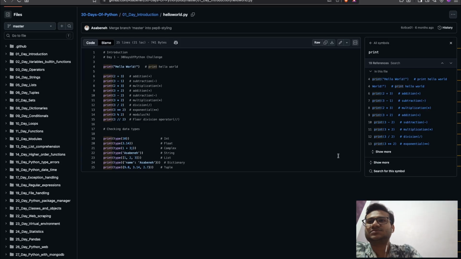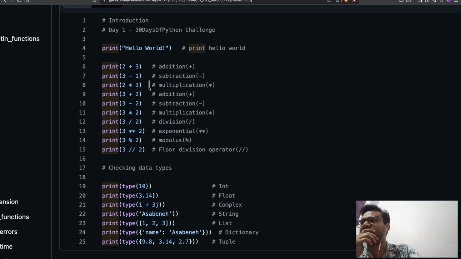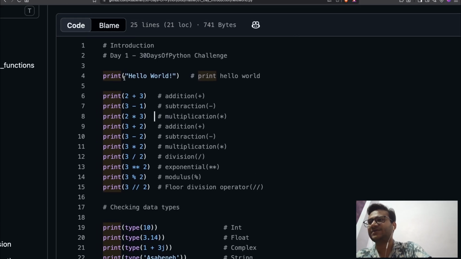Moving to the operations you are seeing here, they are pretty much basic, like whatever you do in math: 2 plus 3, addition, subtraction, multiplication, division. Division you have seen till here. You have seen exponential as well. What is modulus? Modulus basically gives us the remainder back, and floor division operator,